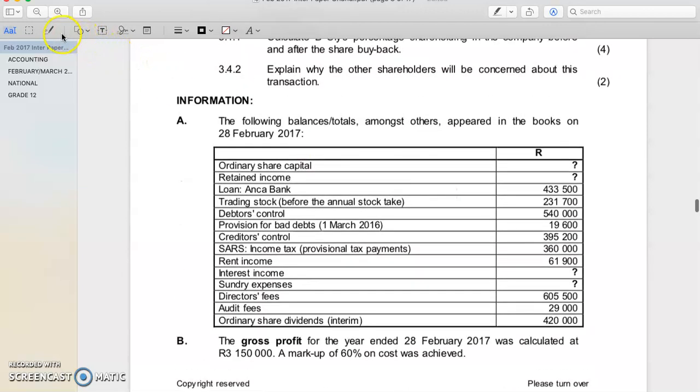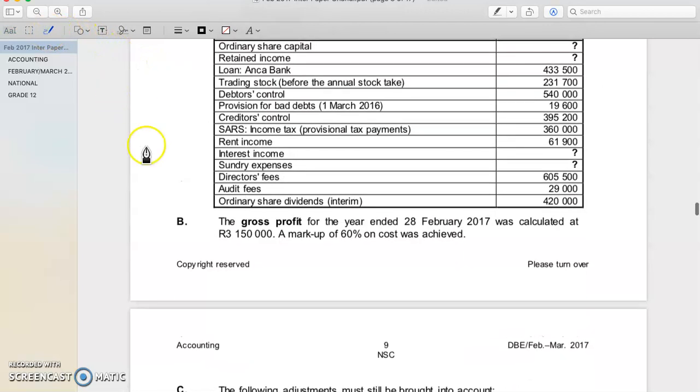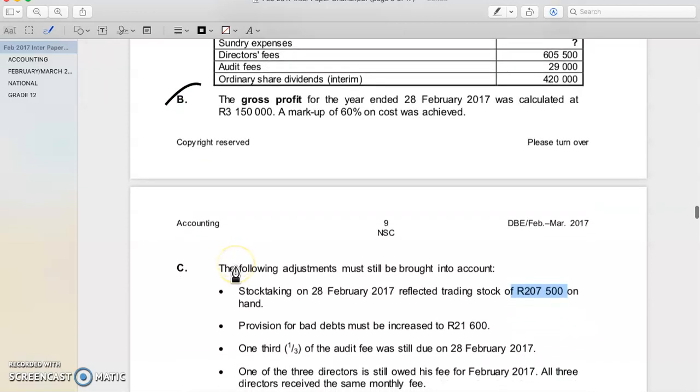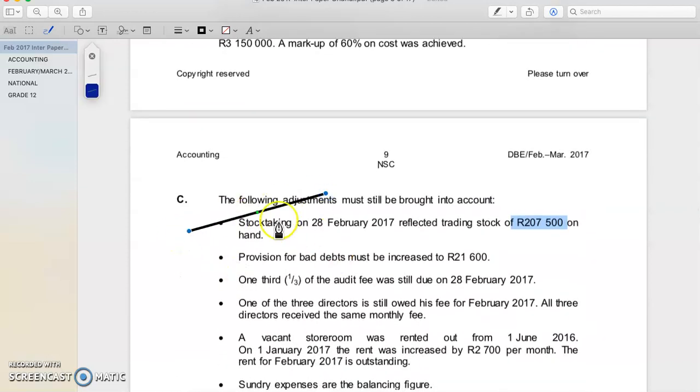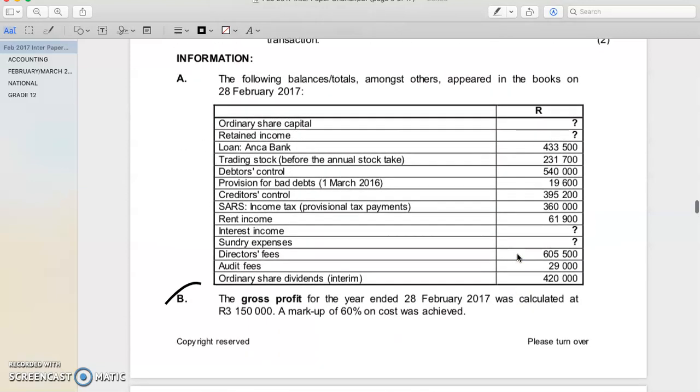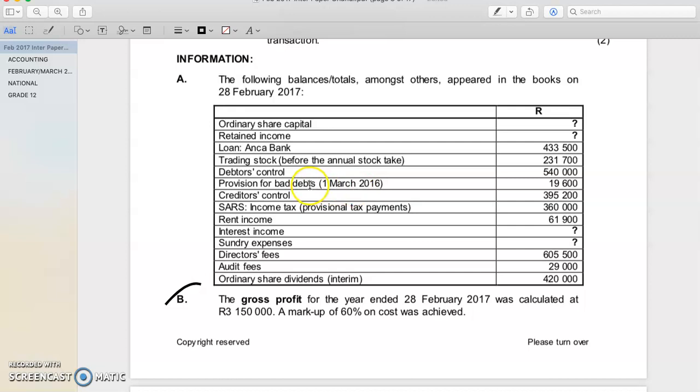Okay, perfect. So far we have looked at our gross profit information and we have done stock taking. And we're now going to look at provision for bad debts. And you know that a provision for bad debts adjustment can also be an income or an expense. And to find out, we have to compare it to the amount we're given. And we said that was